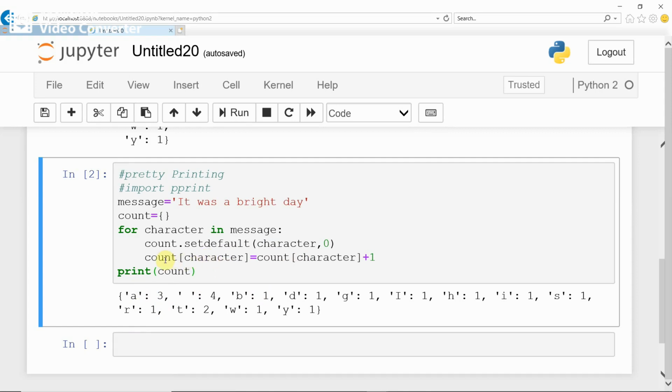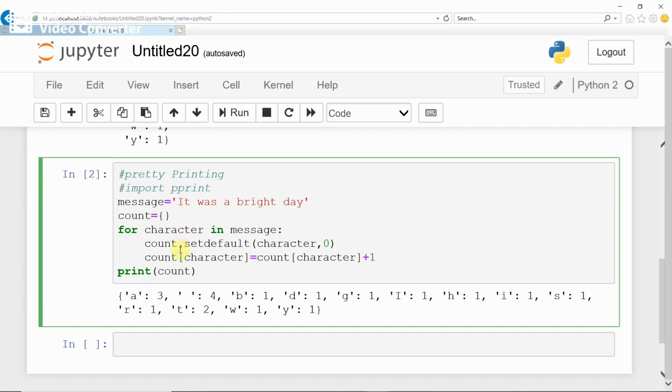See, this character count program uses a dictionary data structure. First of all, the dictionary is empty at the beginning. Now you are looping over the message for each character. Here, character is a looping variable in the message, starting with the first character.